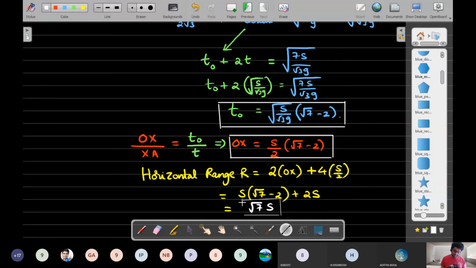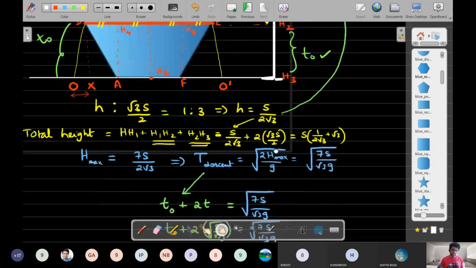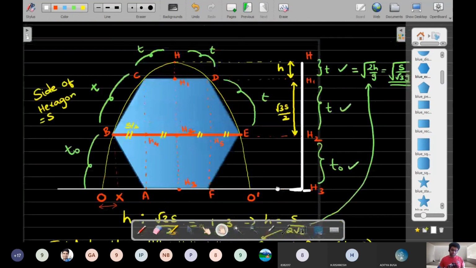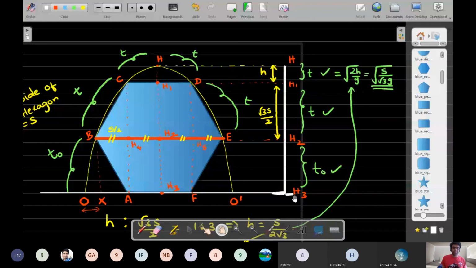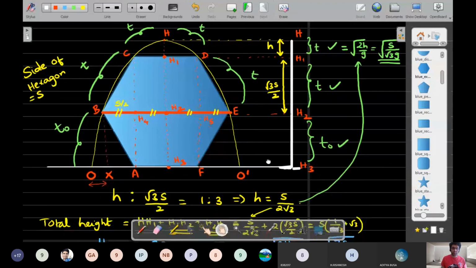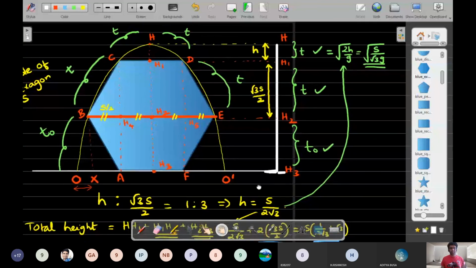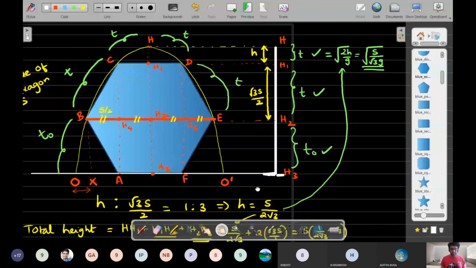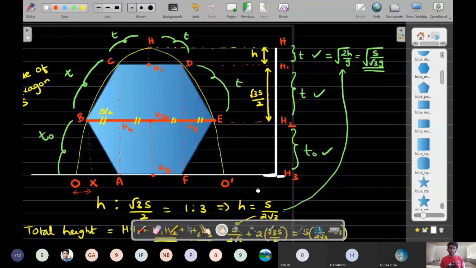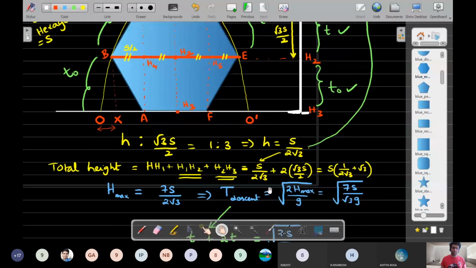Not so straightforward, and I think, yeah, you could have done it using some equations, but I just wanted to exploit the vertical projection motion and use some sort of symmetries that are happening in a regular hexagon. Okay, so that's the reason why I took this way of solving the problem. There is a sequence in which we went, so that sequence may not be visible from the picture that I have drawn. So I would request you to actually go through this problem all over again when I post the video, and then try to convince yourself for how we got this.